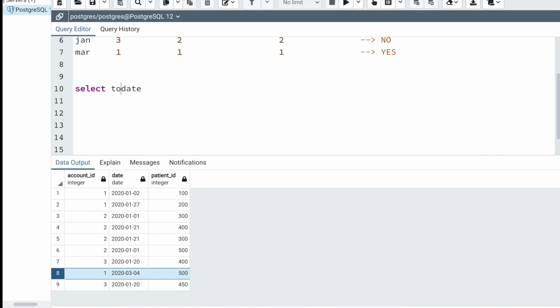I'm going to use the toChar function. We have the toChar function in SQL when you want to convert anything to character. In this case we can convert date to characters. I'm going to say the format as month, and that's all. I'm going to give an alias to this, month, and then I need the account ID, and then the patient ID. This will be from my patient logs table.